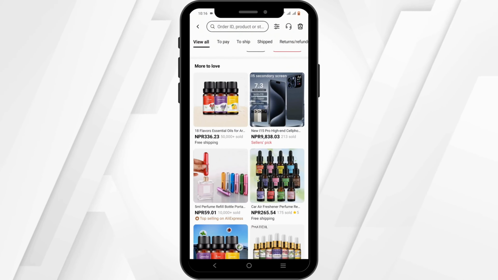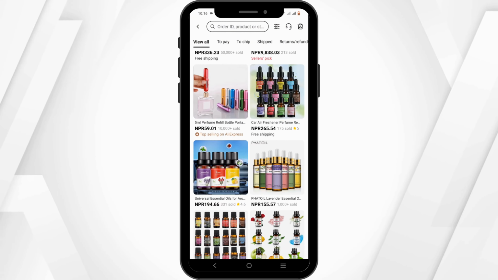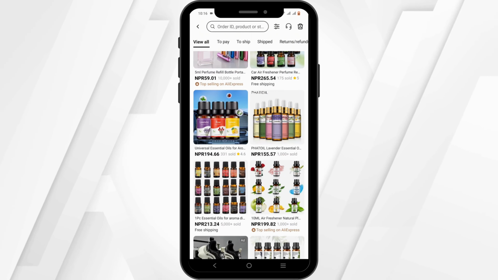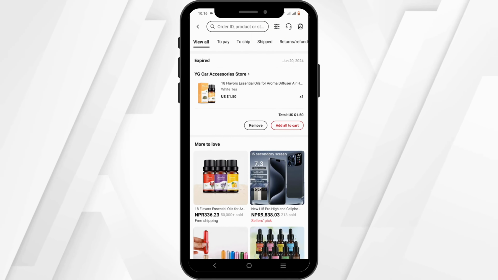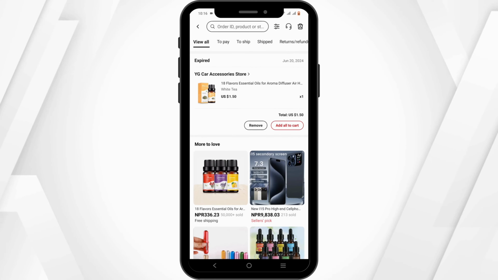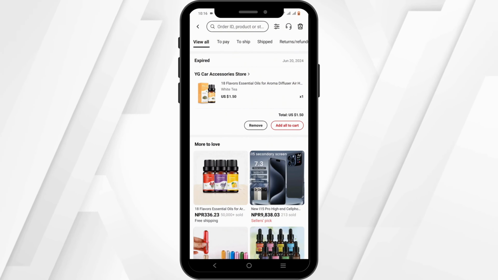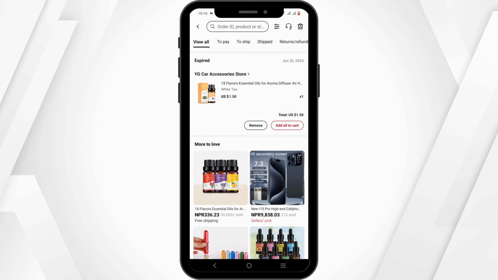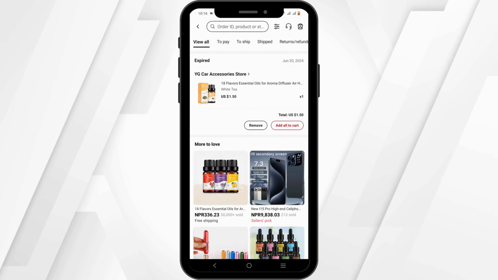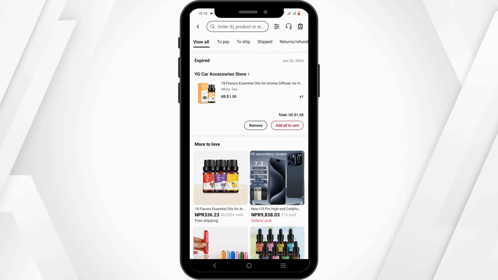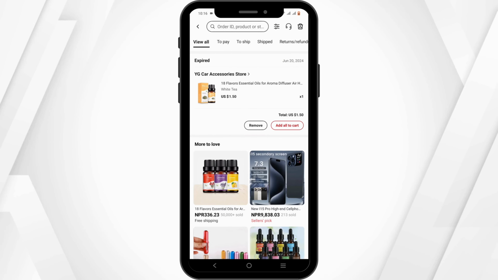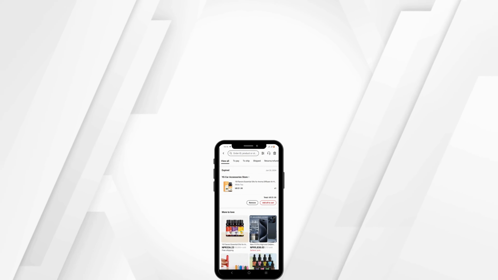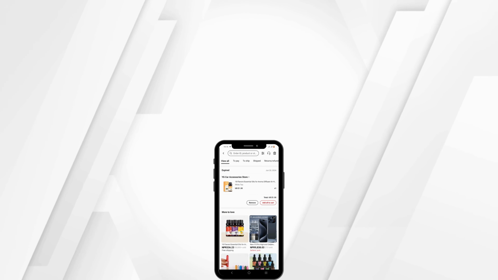After which, depending upon the product, you may have to verify why you actually want to return the product. You may have to justify them with their reason, as well as you will have to provide them with a valid proof. Regarding the refund, depending upon the item and the seller, you may receive full or partial refund. And that is how you'll be able to return your items on